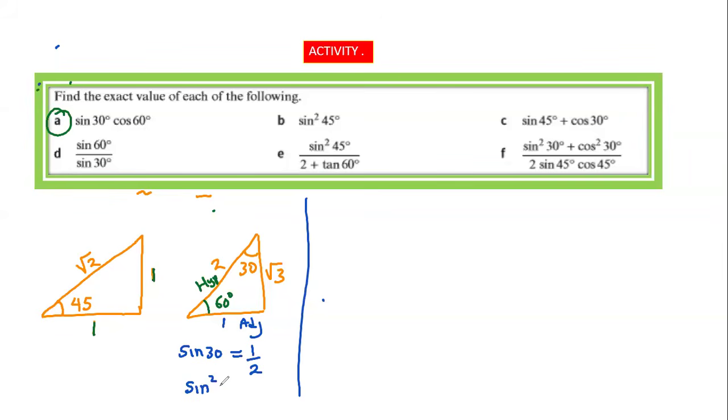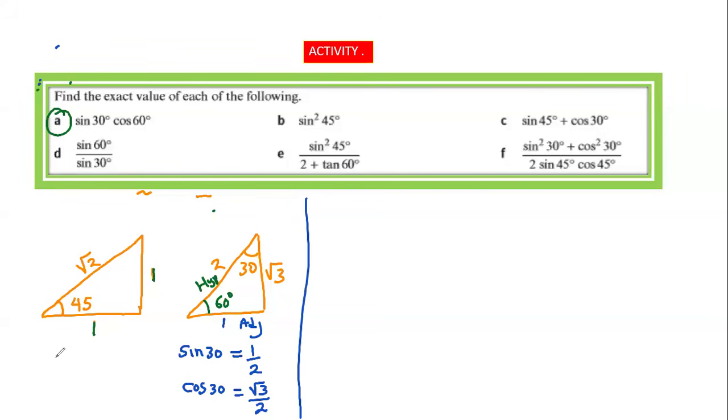plus cos 30. For cos 30 we also use triangle 2. Cos is adjacent over hypotenuse, and here our adjacent is root 3 over our hypotenuse, which is 2. So we say root 3 over 2, and everything here is squared. Okay. So we divide this by 2 into